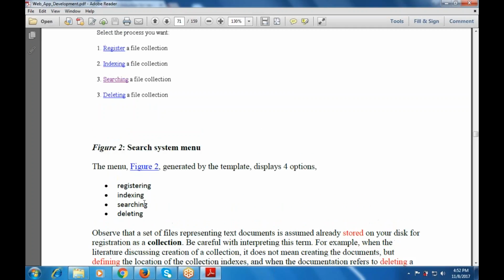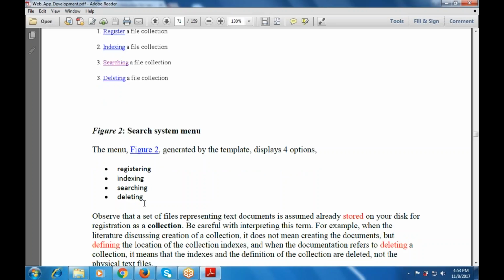The data set of files representing the text documents is assumed to be already stored on your disk for registration as a collection. Be careful with interpreting this term: when the literature discusses a collection, it does not mean creating the document, but defining the location of the collection indexes, and when the documentation refers to deleting a collection,